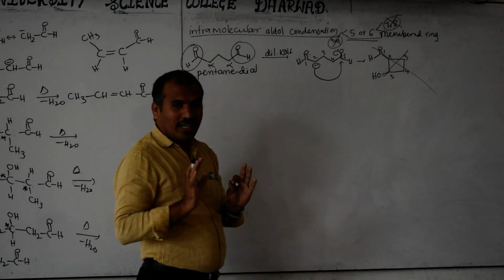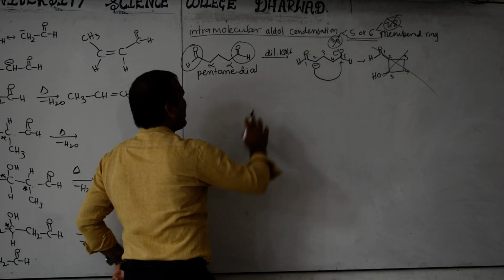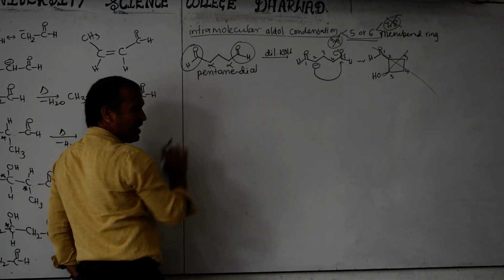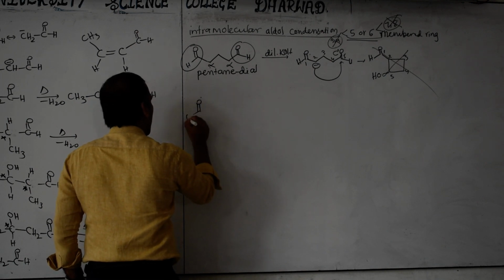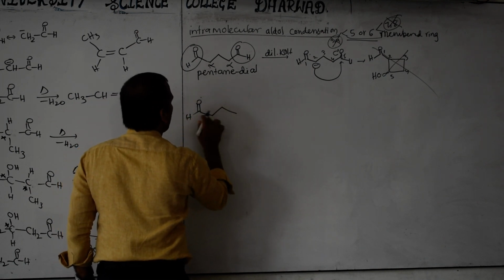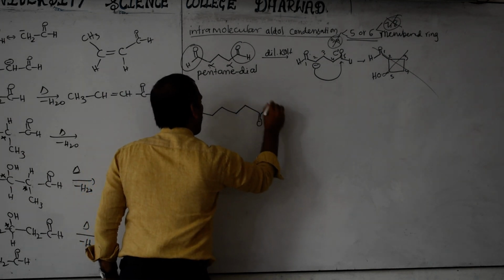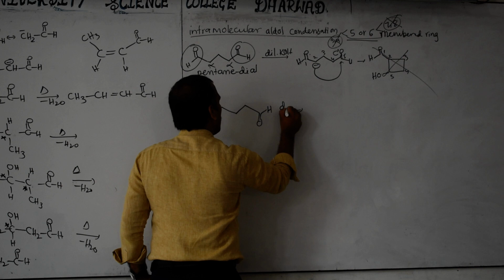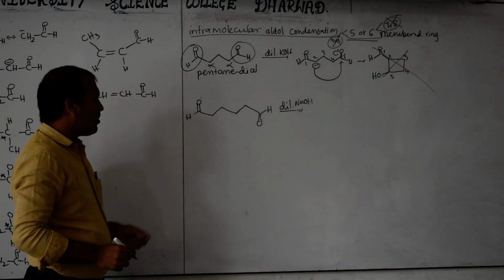Okay? Because I want to explain first which is not possible, then only what is possible. Next one, we will go for one more carbon increase. What is the one more carbon again? Double bond H, 1, 2, 3, 1, 2, 3, 4, 5, 6. Take dilute NaOH or KOH. Carefully observe. Here